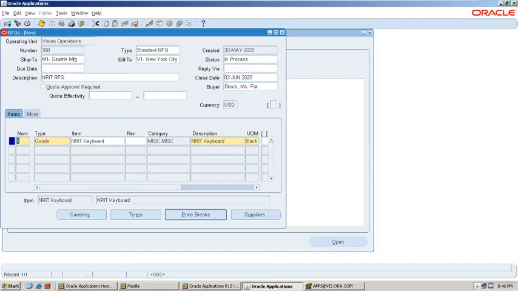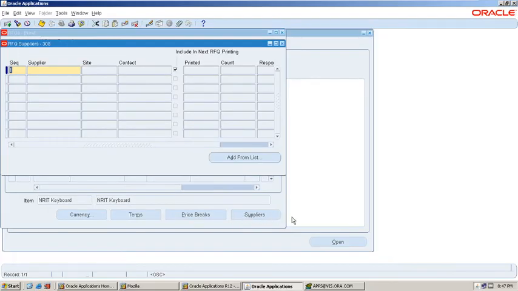Now you have entered the details at header level and lines level. You are requesting the item from a supplier. Which supplier do you want to request? These details will be entered at the supplier level. Click on the supplier button, then enter the supplier details.